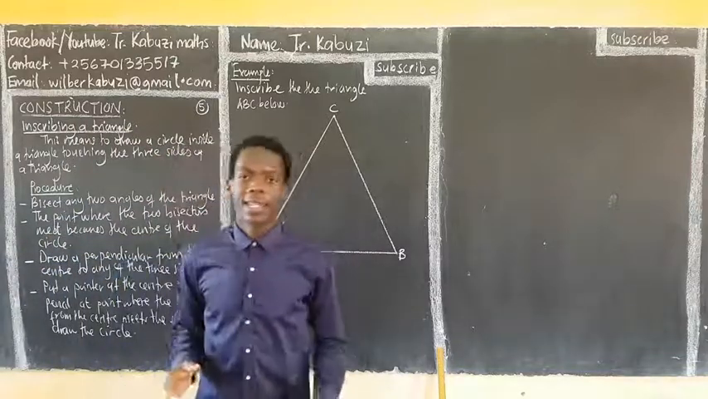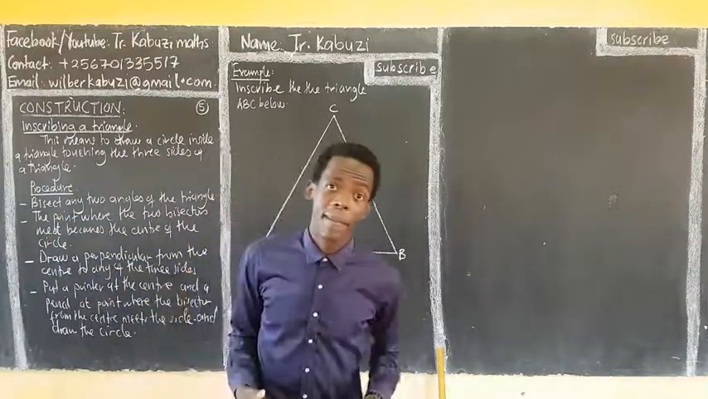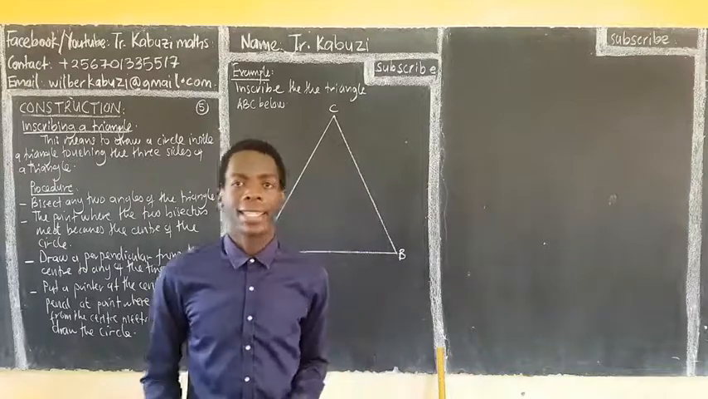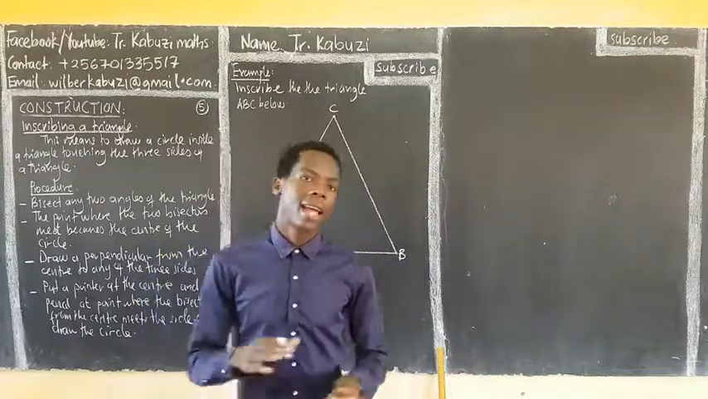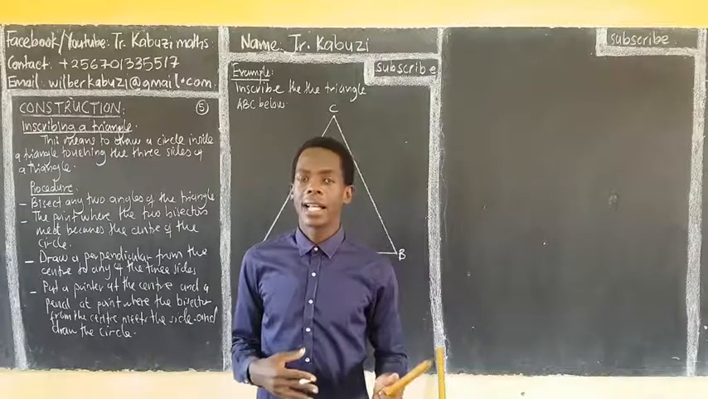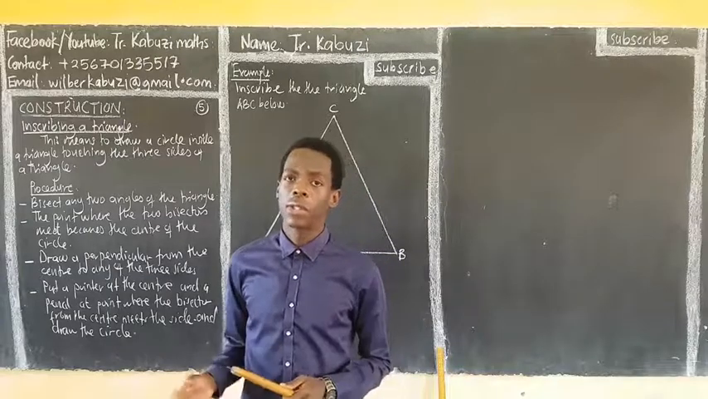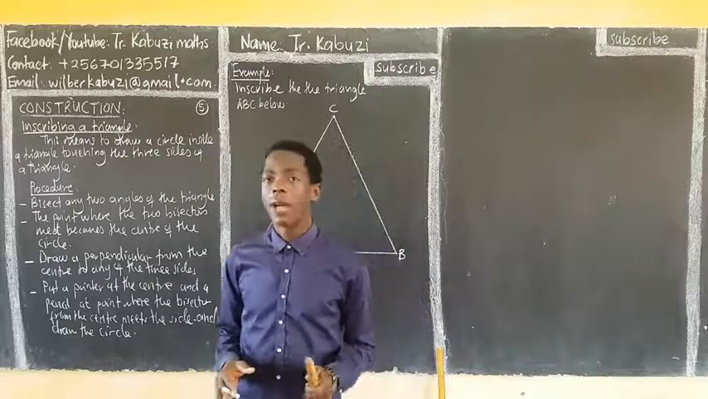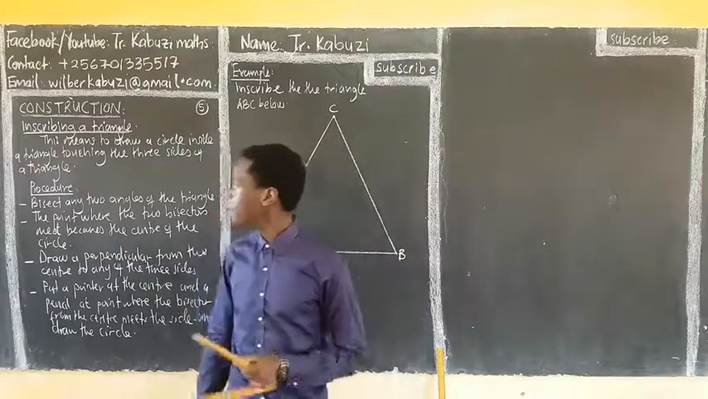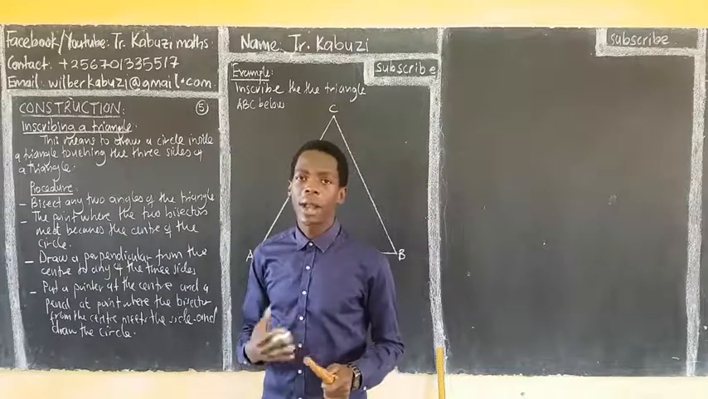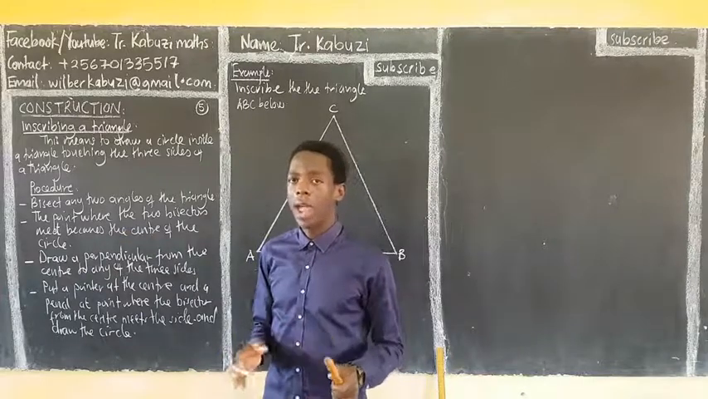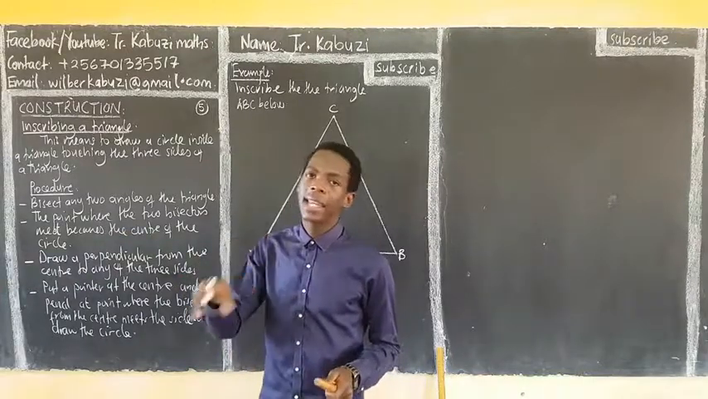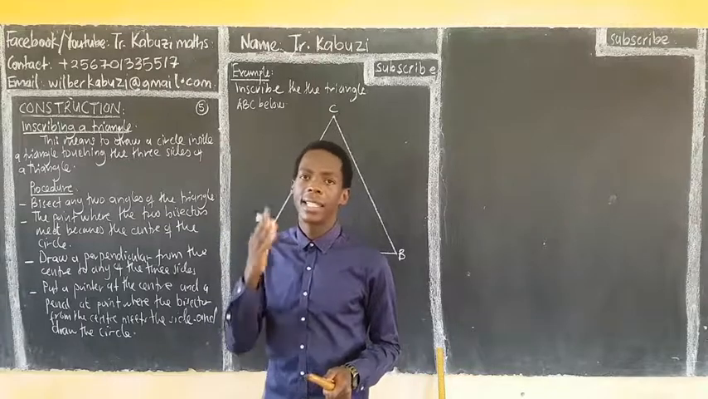Okay, members, we're going to see how we now inscribe a triangle, say ABC, it can be PQR, and so on. Now, the procedures are going to be a bit different from those we saw when we were circumscribing it. Here, the steps we follow are basically 4. Inscribing means we are going to draw a circle inside that triangle, touching the 3 sides